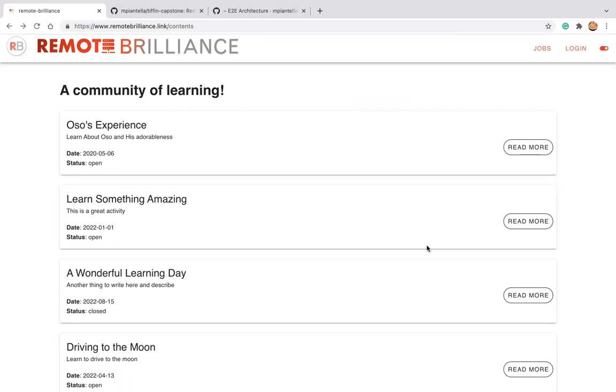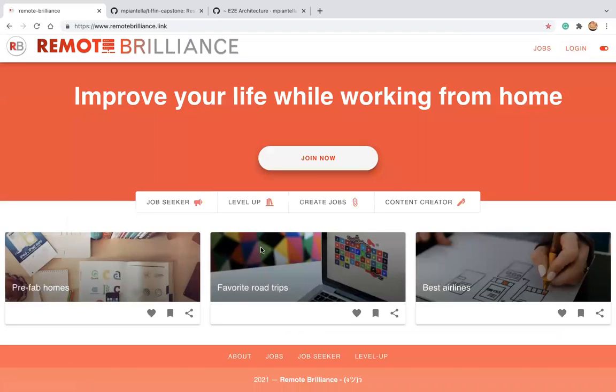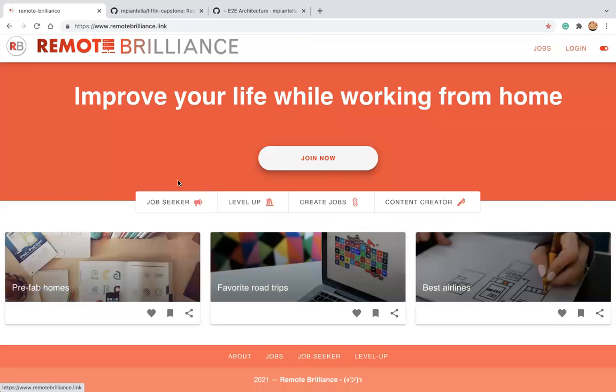If there is no user, or if the user is signed out, then I set a global flag that will prevent the user from accessing things like content create. It will redirect them to the authentication page.